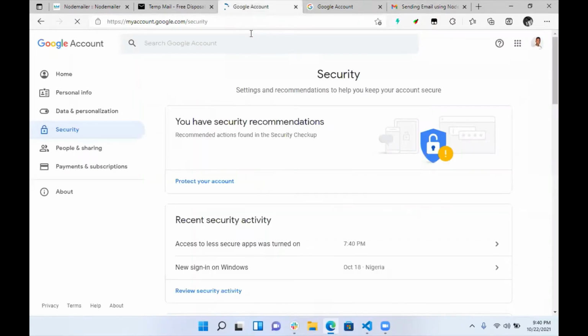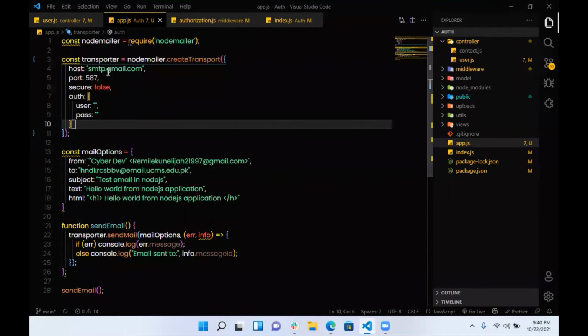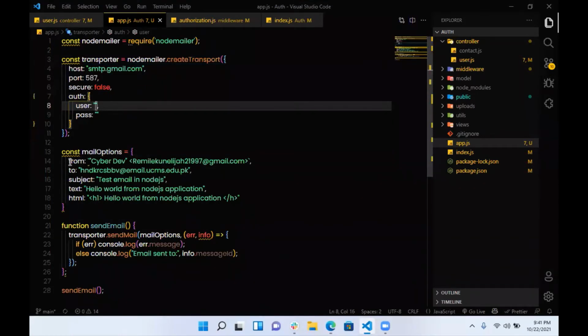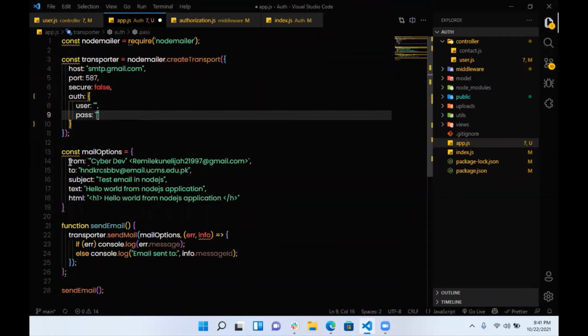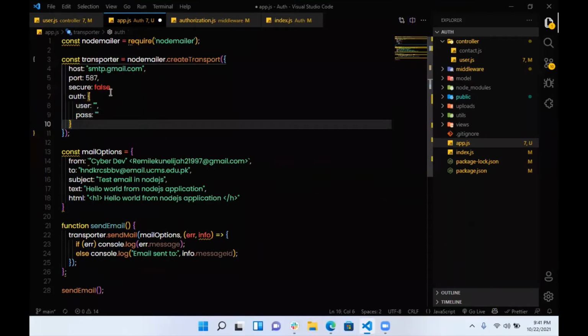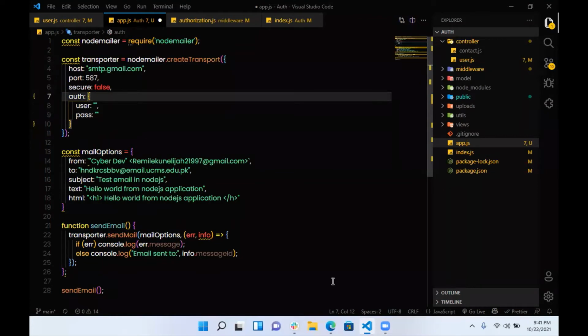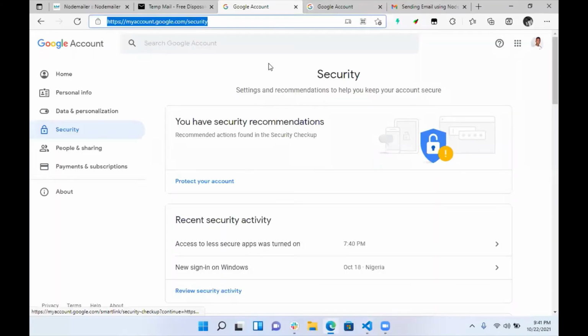Okay, so the first thing you want to do is, well, actually, you can use your username and password. Let's assume you are using your personal email. So you can just pass in your username, like your email address, and then pass in the password here directly. But then sometimes you might get an error for that. But in case you do, the thing you want to do is,